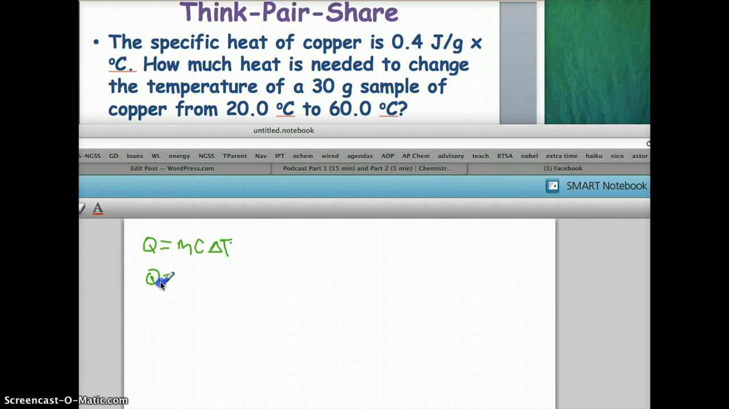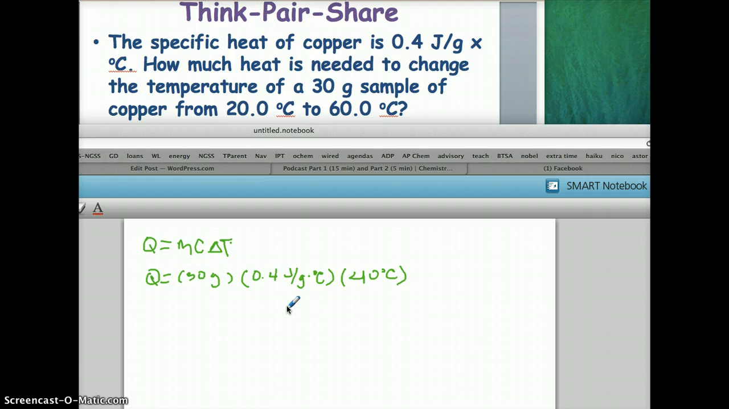Q is equal to the mass of the copper, which is 30 grams. And c is the specific heat, 0.4 joules per gram times degrees Celsius, and the temperature change is 60 minus 20, which is 40 degrees Celsius. When you calculate this,